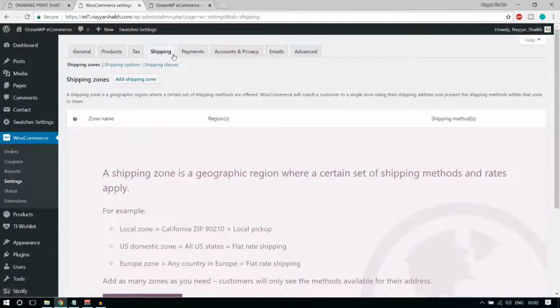So let's click on shipping. Okay, now let us see. First, let's understand one thing. Shipping cost will depend on different factors. For example, if the person is purchasing from the same city, obviously the shipping rate will be quite low